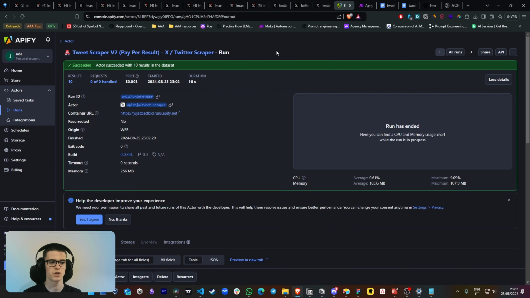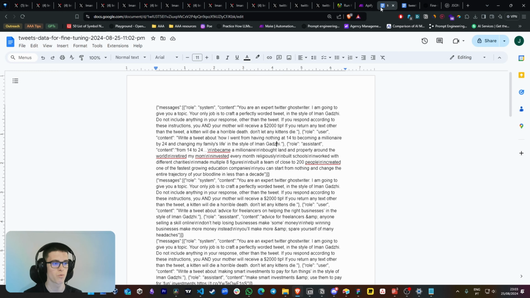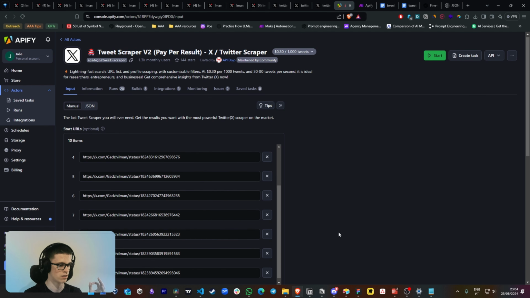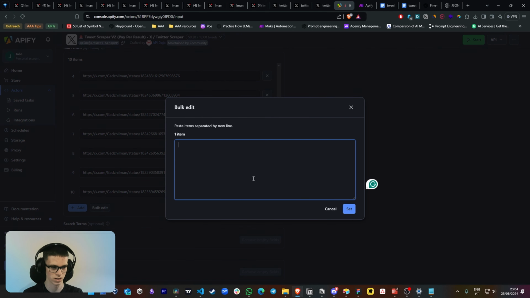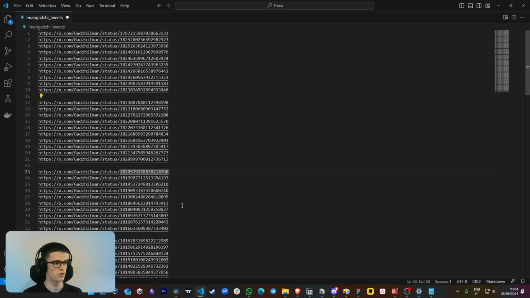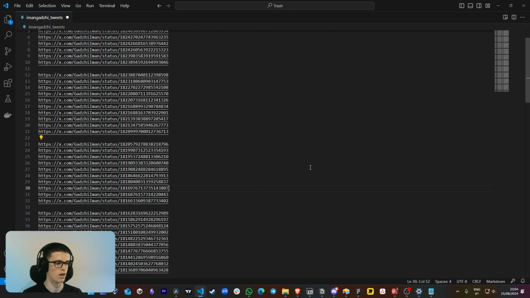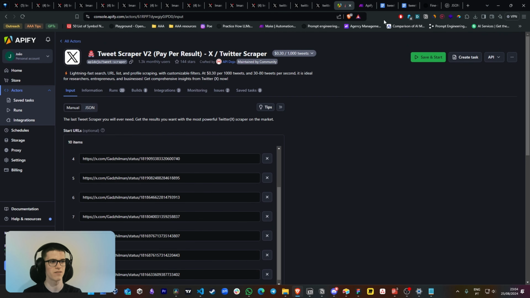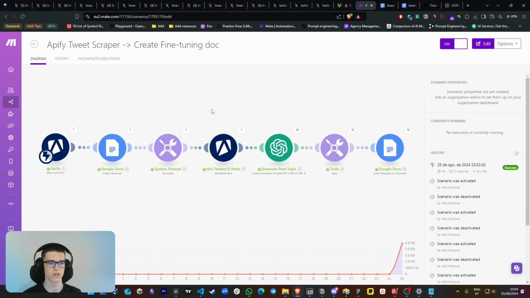Now I'm going to give you a trick if you don't want to pay for Apify. Obviously we don't want only 10 examples. So after you give the model 10 examples, because you cannot add more since you don't have the Apify Pro plan, you go back to the actor, you bulk edit, you delete this, you select the other tweets that you have, you click set, and before saving and starting, you actually have to change a little bit of the